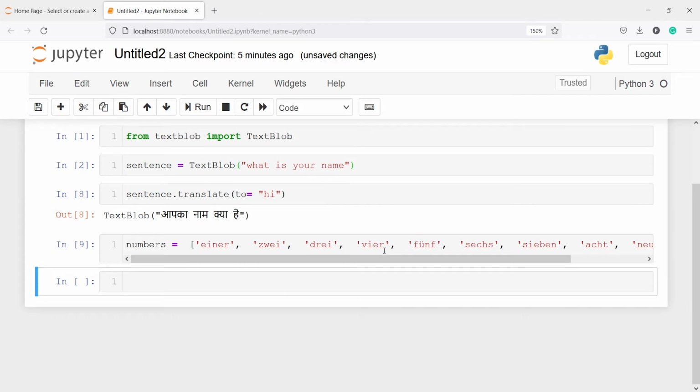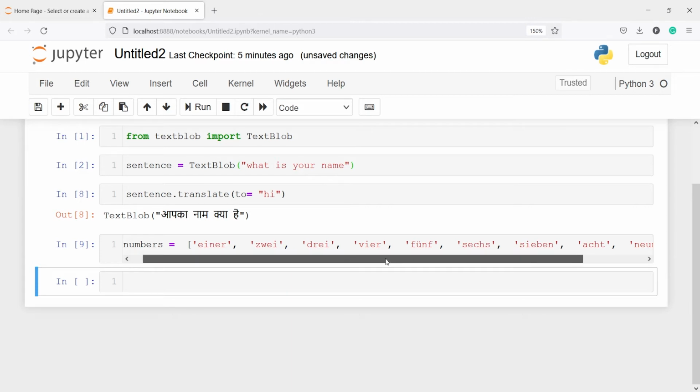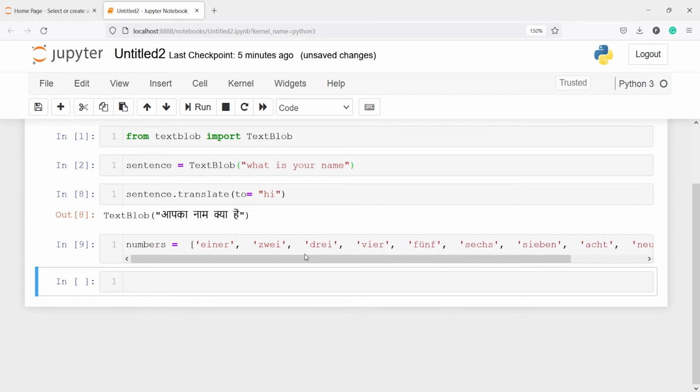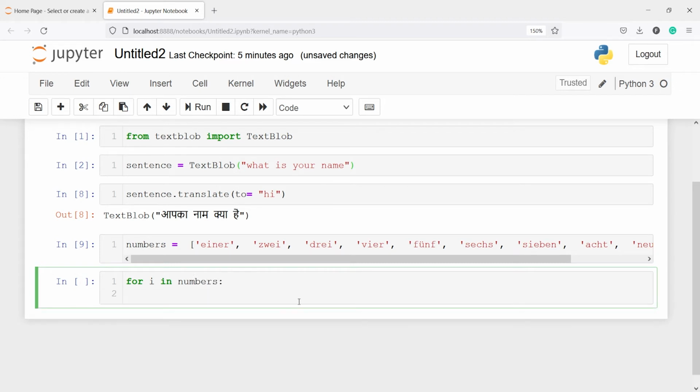Because it is a list, and inside this list we have all these strings, I'm going to run a for loop, and it will print the numbers in English for us. So I'll write a for loop, for i in numbers, and first we will have to convert these strings into TextBlob.